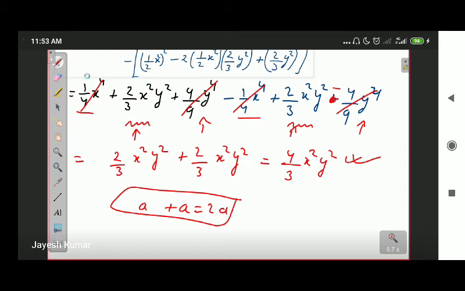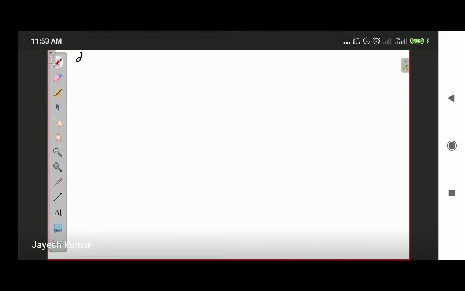Now let's try its D part. D part of question number 7. D part is 3 upon 4 pq minus 1 whole square minus 3 upon 4 pq plus 1 whole square. Okay. So what we are going to do here is, once again we will expand it according to the formulas. You will write the formula used.